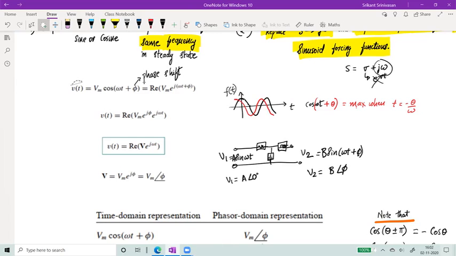So this is a very important property that allows us to use this phasor notation. Therefore, if you come back to this and see that V is Vm cos omega t plus phi, it is written as the real part of some exponential function. In that exponential function, you're keeping the j omega t out, and you're only keeping this magnitude and phase term together, Vm e power j phi. And that Vm e power j phi is what has been written as V over here. So this is the phasor. That means I'm ignoring the exponential of j omega t and I'm only considering the remaining item, which is the magnitude and the phase term. So this is called a phasor.